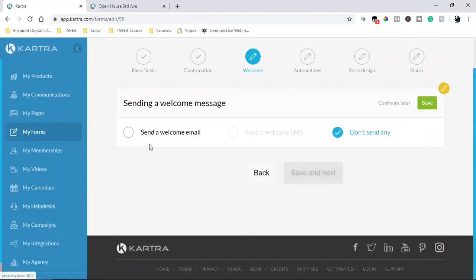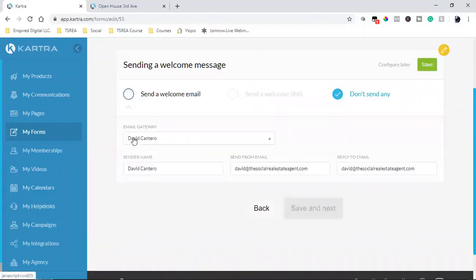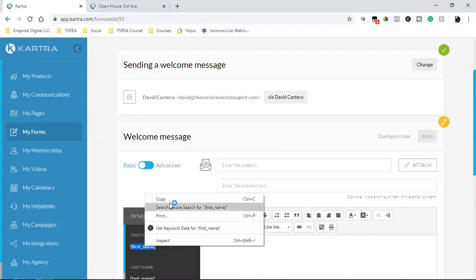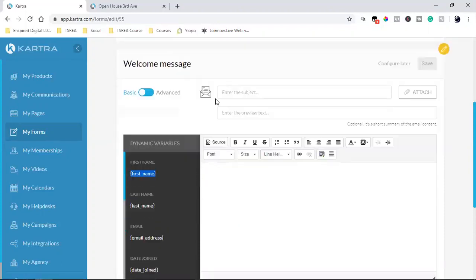So right here, this is where I can send a welcome email, or I can send it in the email sequence, but I could for sure do it right here. So make sure that this email is your domain. Okay, don't use a Gmail or a Yahoo. This has to be your .com, your domain email. Okay, so reply and the send from. So hit save,